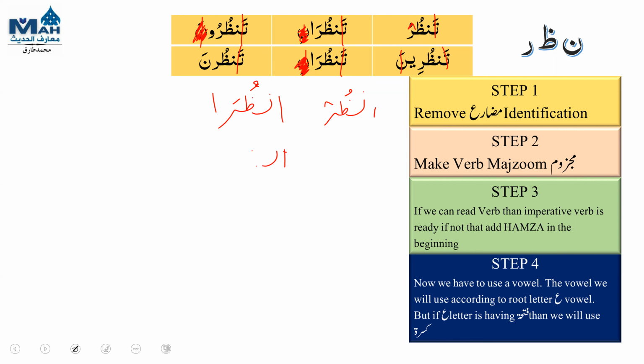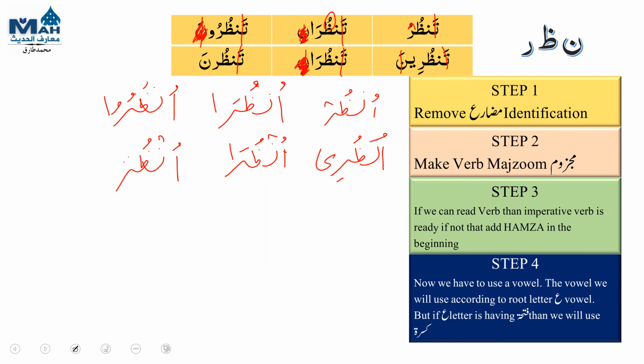Okay, so what vowel do we use? Dhamma. Very good, excellent. Yes, dhamma, because the ayn letter is having dhamma. If ayn is having dhamma or kasra, we'll use it as it is. If it is having fatha, what will we do? We'll use kasra. So now can you read how it became? انظر انظرا انظري انظروا